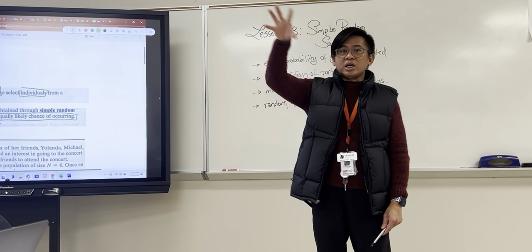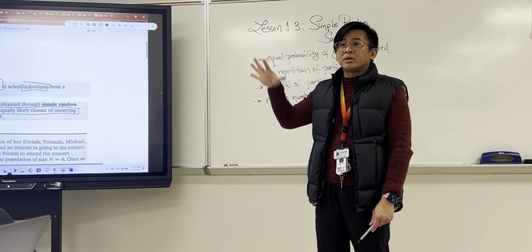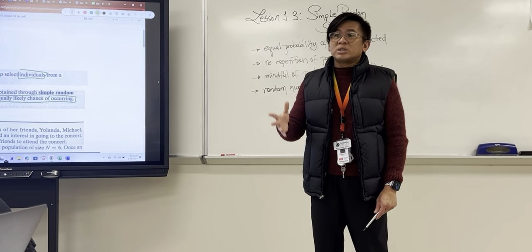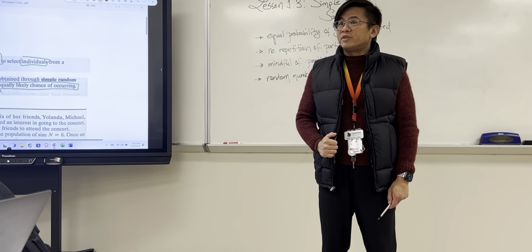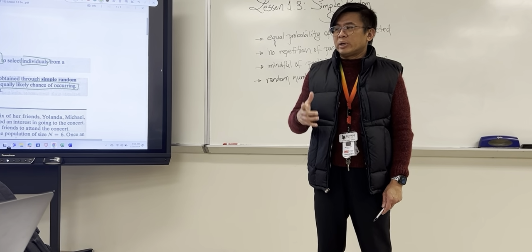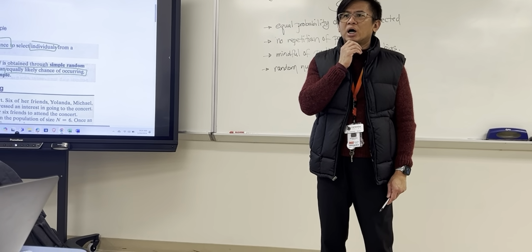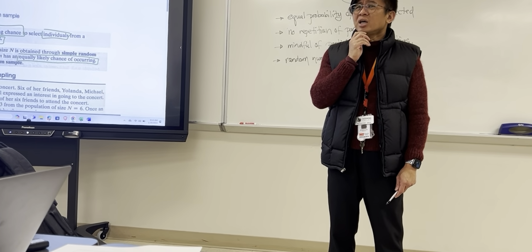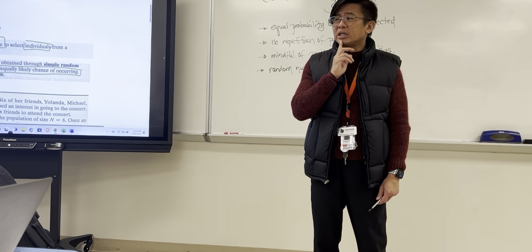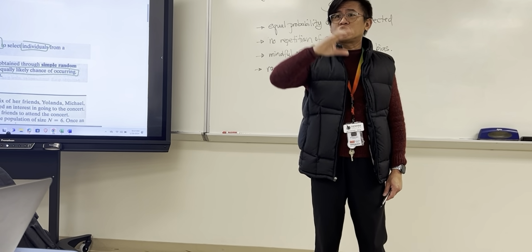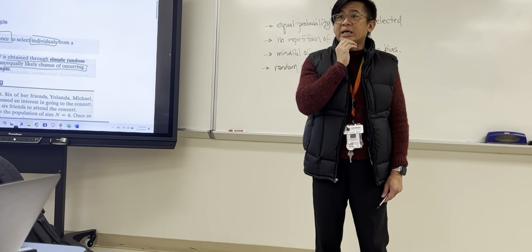We go to each of the buildings, and do simple random sampling in each of the buildings. Are we good? By the way, that is what we call cluster sampling as well,